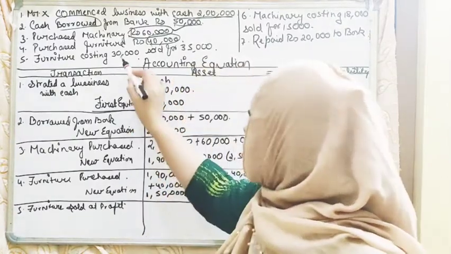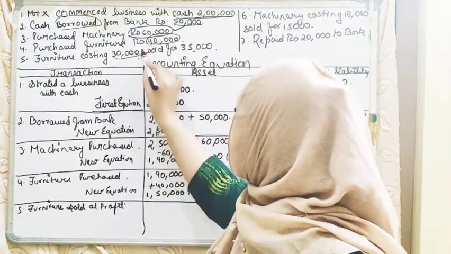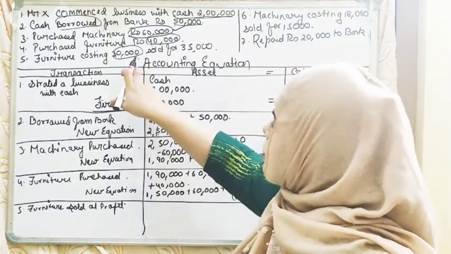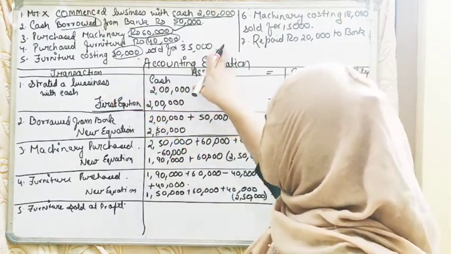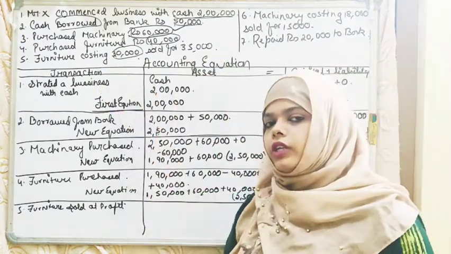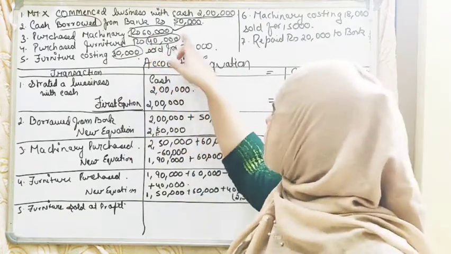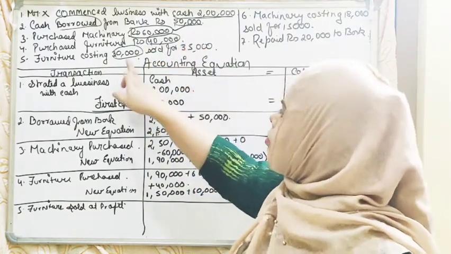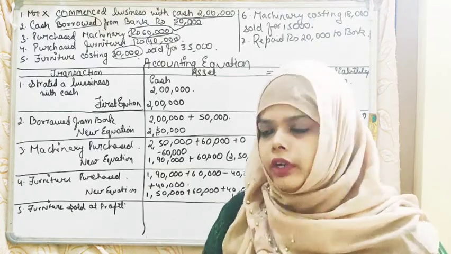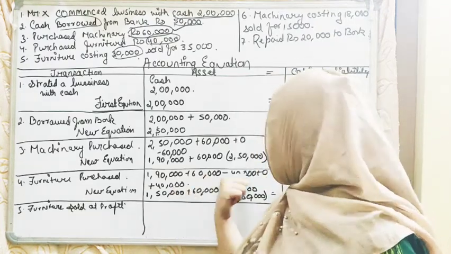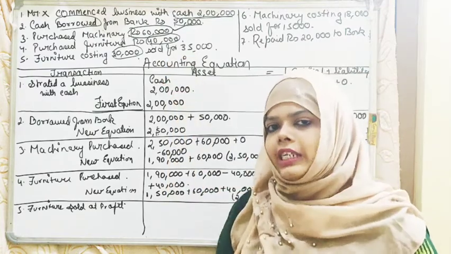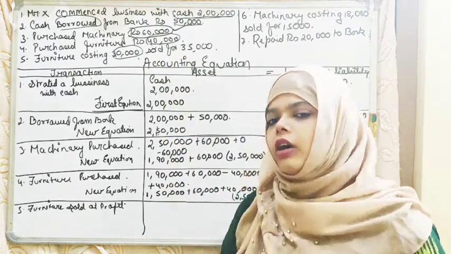So simply we will write the equation. If furniture is going out, 30,000 has to be subtracted from the furniture amount, and 35,000 is to be added to the cash, because 30,000 worth of furniture is going out. You already had 40,000 rupees as furniture, but 30,000 is going out. So we'll subtract from the amount of the furniture, that is, here it is 40,000 rupees. And we'll add the 35,000 to the cash, because cash is coming inside the business.